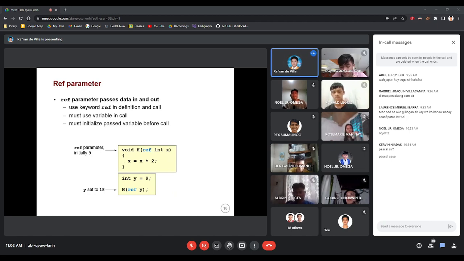Okay? We use the keyword ref. Okay? If you want to modify the parameter passing nga pass by reference. Okay? As stated here, the ref parameter passes data in and out of your function. Okay? So, unsa may pasabutan ng ref. Okay? So, take note,